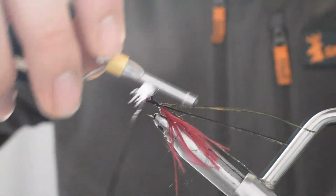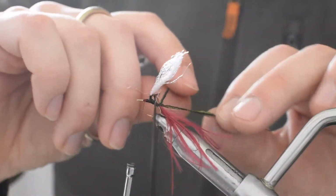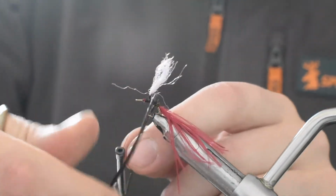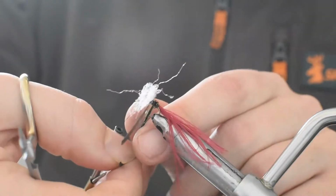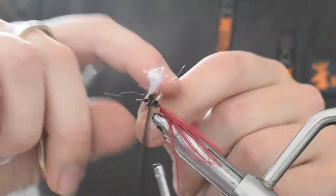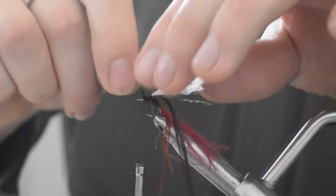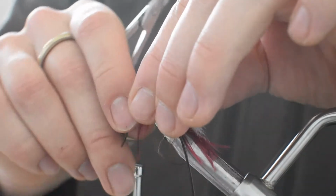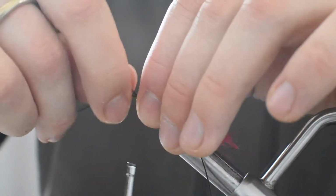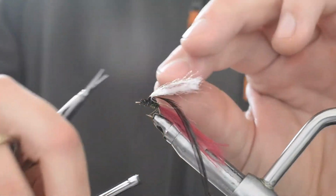And just pulling that material out of the way with each wrap, a little bit repetitive, but it's the way you've got to do it. And then we're going to do touching turns with the peacock herl right up towards the front, just keeping all that material out of the way. It can be a little bit fiddly. And then once you get in front, a few turns, and I'm reverting to a technique here where you push it down and then you grab it with your left hand, squashing the fibres against the shank of the hook. And once you get right up, a couple of turns behind the hook eye,